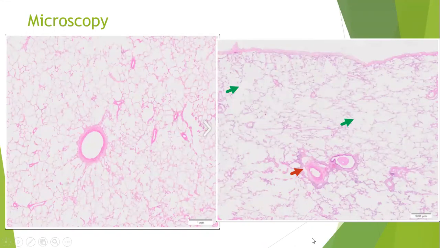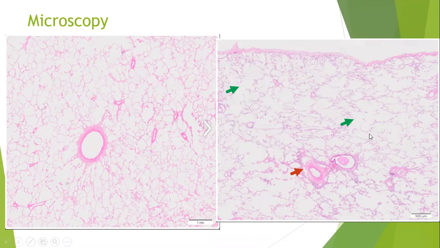The difference between the left and your right is that on the right, there is a gap between the air spaces and the blood vessels. Can you see that? The air space is not completely adherent to the blood vessels. And you can see all these dilated air spaces throughout. Compare the size of the air spaces on your left and on your right. On your left, it is regular and small. On your right, it is dilated and large.